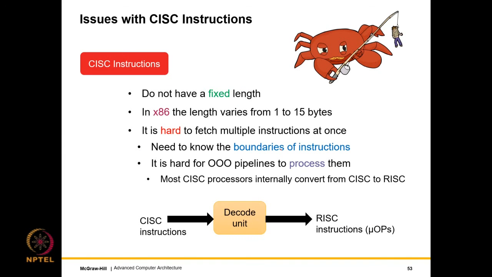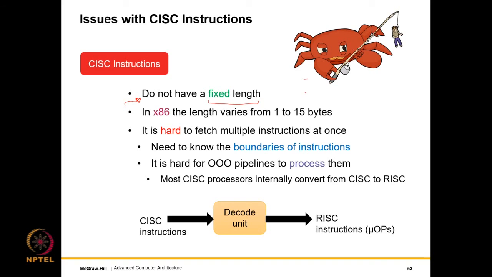So now let us come to CISC instructions, complex instruction set instructions. CISC instructions create a lot of problems, and the stage in which they create the maximum amount of problem, you can see the scorpion here, is actually the decode stage. So the primary problem here is that the fetch stage basically reads in a set of bytes, and in the decode stage we actually need to break down the instruction and understand it. The sad part is that instructions don't have a fixed length.